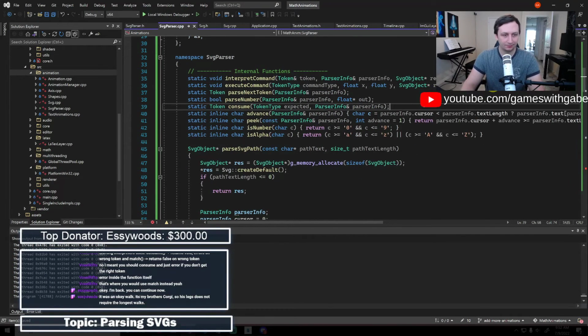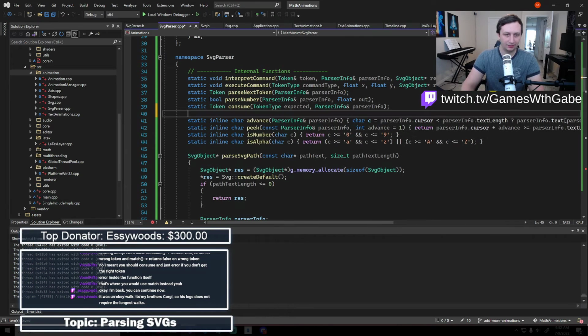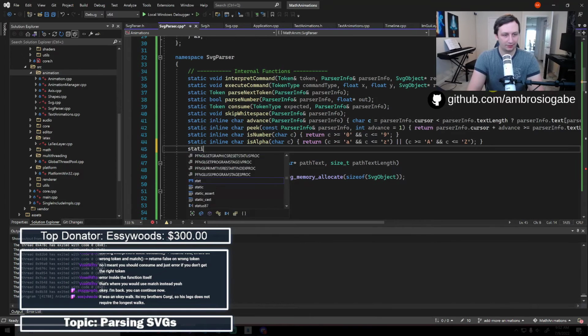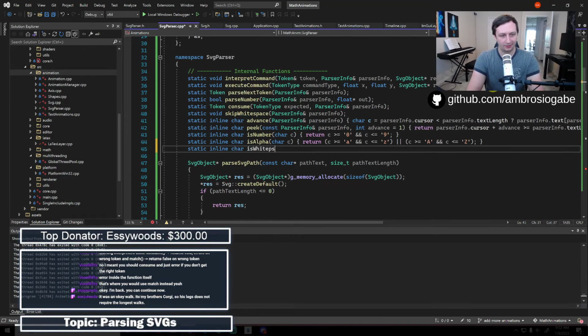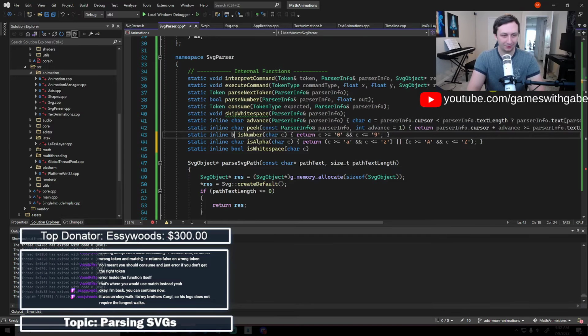So then up here, below this, skip white space, parser info, right? And then we can just have static inline char is white space char. Oh, and I guess that doesn't need to be char, it should be a bool. Why are these all returning char?